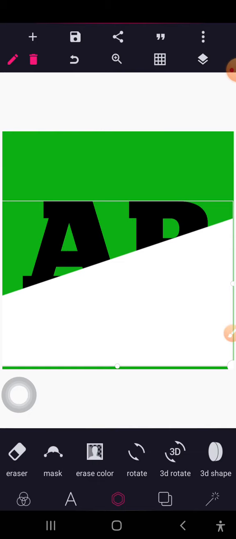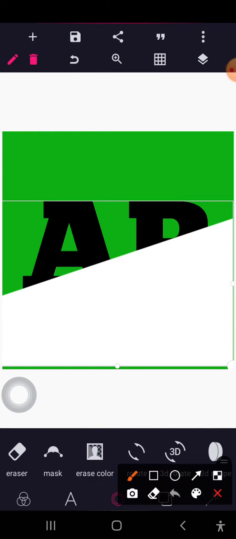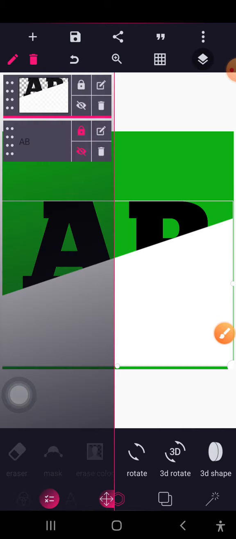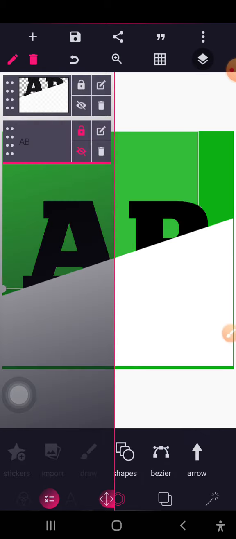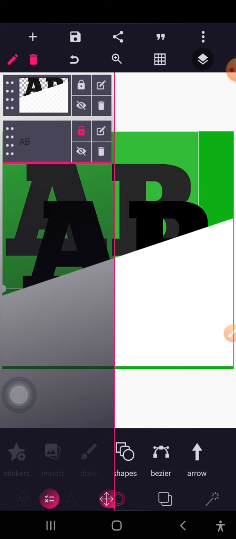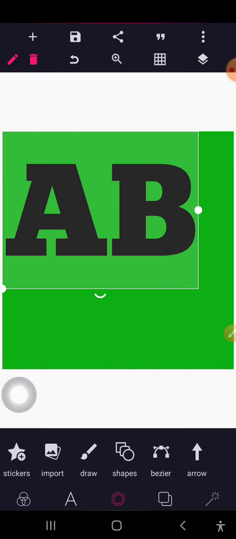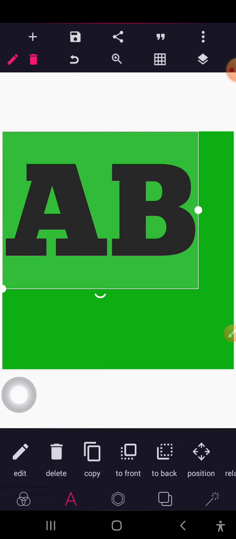So all that we may do next is to click this button again and select the one that we hid. With this, we need to unhide it, so we'll just tap on the eye icon over there so that it will come. And before that, let's also hide the one that we are done with already. Lock it and hide it. So now we have our AB here. So all that we may need to do is to just position it